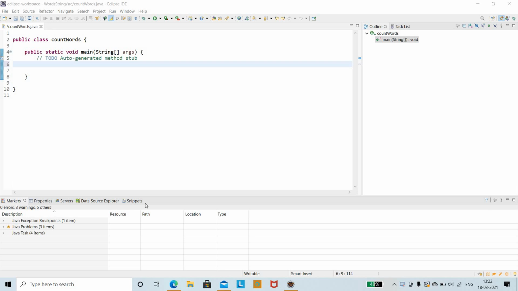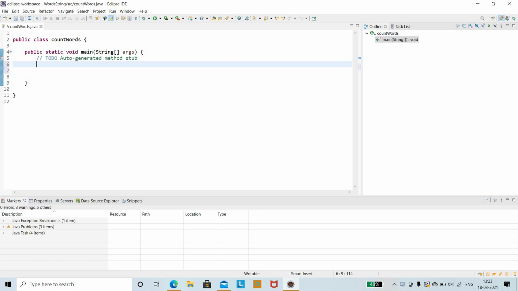So in this video we shall see the next coding question that was asked in the Replicon test. The next coding question was to count the number of words in a string. There will be a string and you need to count the words in it. First we shall write the code for this. The main function will be written, and you need to write the logic for the code.